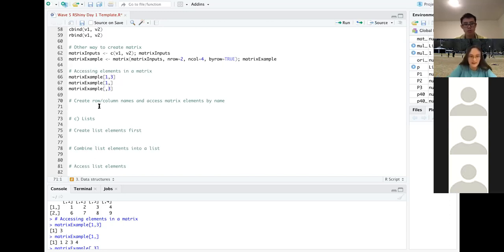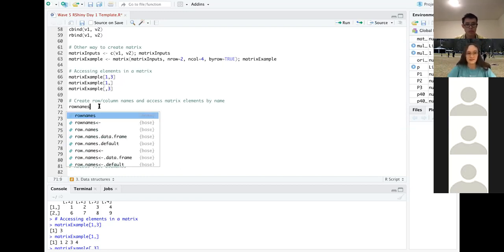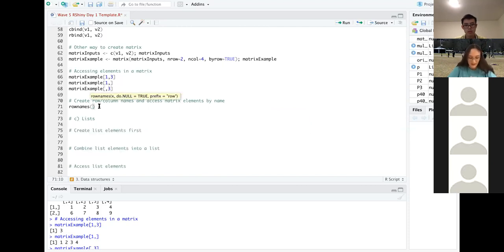The way we do that is through these functions called rownames and colnames. So rownames names the rows. We pass in the matrix that we want to name, and then we pass in a vector of names. So for example, we can say row 1, row 2. Since our matrix has 2 rows, we can pass in a 2-element vector.